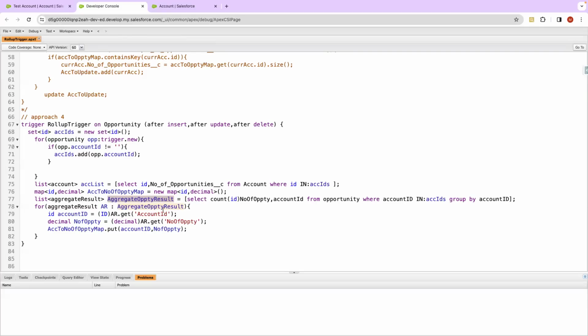आपको लेनी है तो आपको एग्रीगेट रिजल्ट पे लूप चला करके ये वैल्यूज को मैप में डालना पड़ेगा। क्योंकि अभी आपके पास क्या आ गया कि काउंट यानी नंबर ऑफ अपॉर्चुनिटी का काउंट आ गया और अकाउंट आईडी आ गई, बट हमें क्या करना है, अल्टीमेटली अकाउंट पे लूप चलाना है, अकाउंट को अपडेट करना है। तो हमें अकाउंट से जुड़ी हुई कितनी अपॉर्चुनिटीज हैं वो वैल्यू चाहिए। वो वैल्यू अगर हमें निकालनी है तो उसको पहले हमें मैप में डालना पड़ेगा, तभी हम यहाँ पे अकाउंट आईडी को की भेजेंगे और हमें वैल्यू में नंबर ऑफ अपॉर्चुनिटीज मिलेगी।